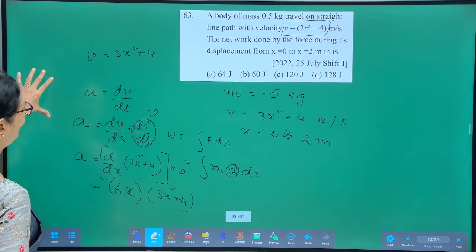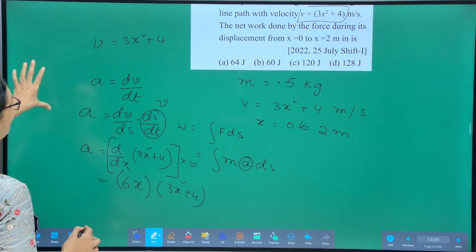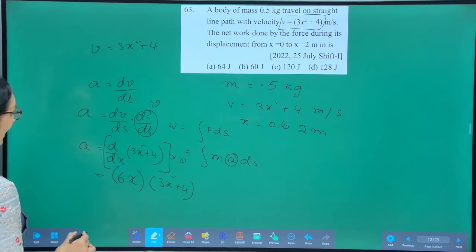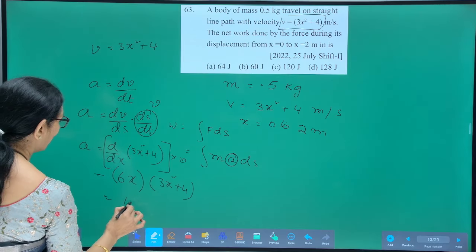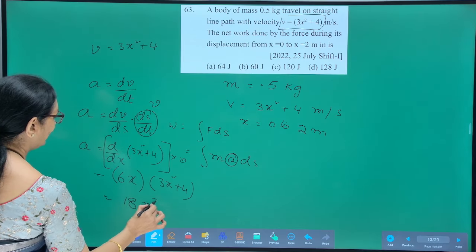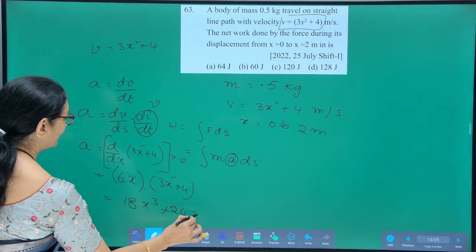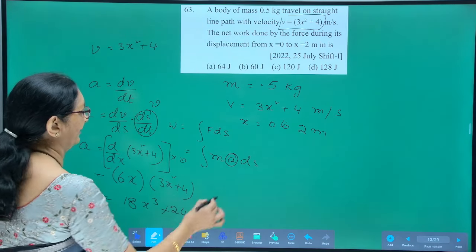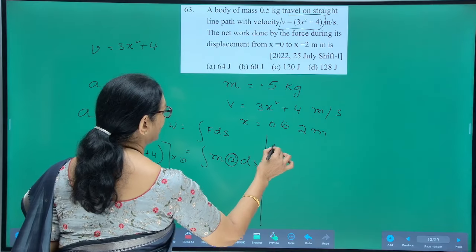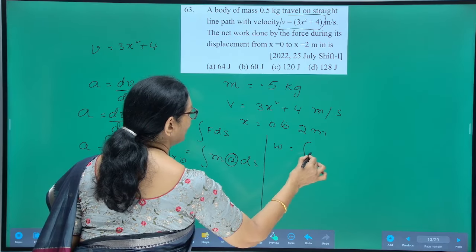So, what will be acceleration from this? So, a is equal to 6 3s are 18, 18x cube, 6 4s are 24, it is 24x. So, let us substitute that a here. Work is equal to m, that is 0.5,